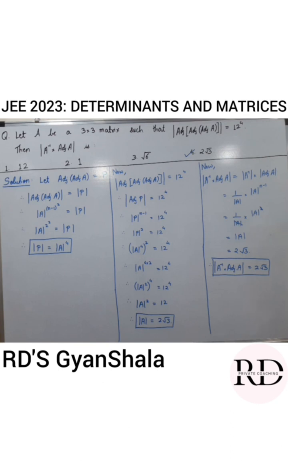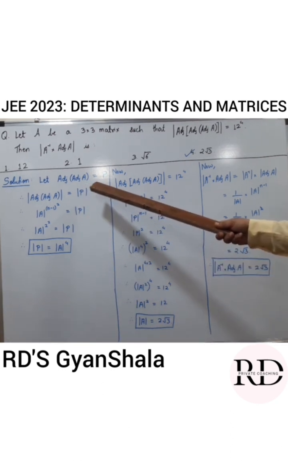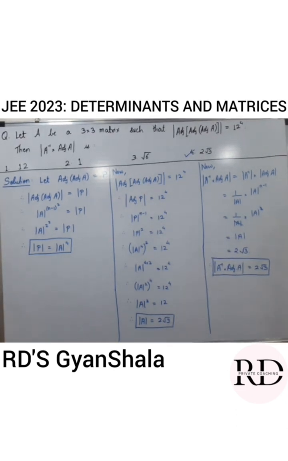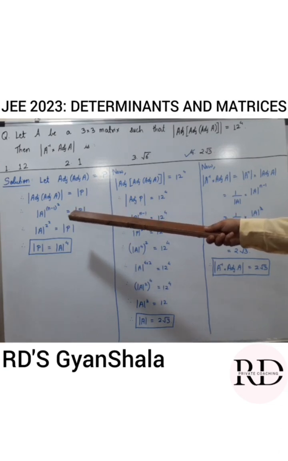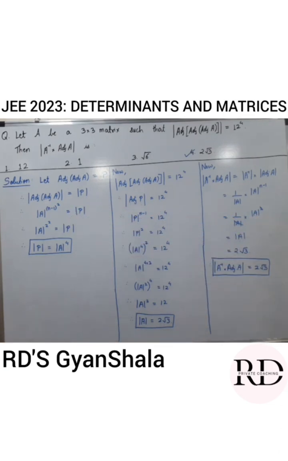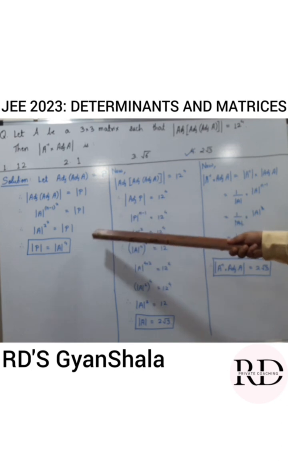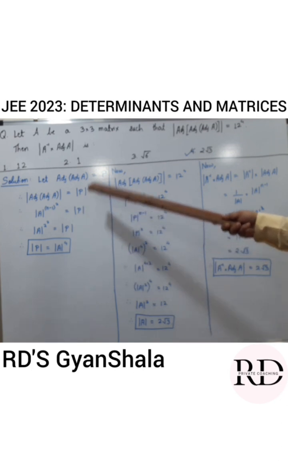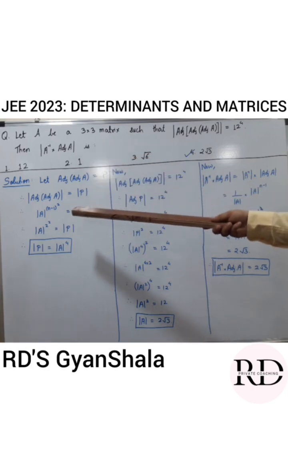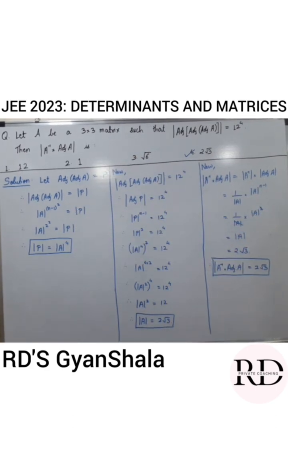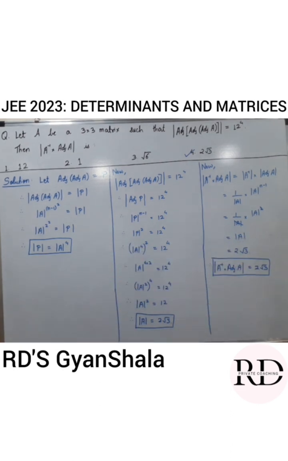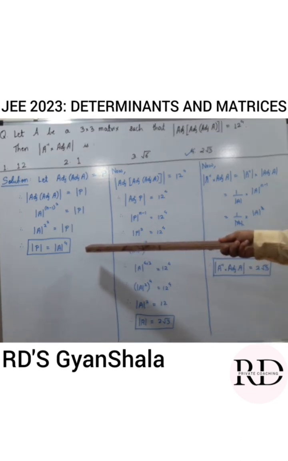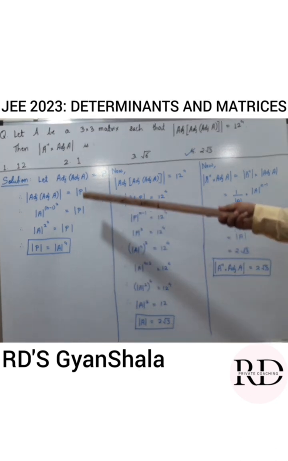What have we done? We have assumed, let adjoint of A be P. In that case, we know the determinant of adjoint of A is nothing but determinant of A power n minus 1, the whole square, which will be equal to determinant of P. So with that idea, since A is a 3 cross 3 matrix, n value is 3, and therefore we get determinant A power 2 the whole power 2, which comes out to be determinant A power 4. So now we have determinant of P is equal to determinant of A power 4, which is nothing but determinant of adjoint of A.